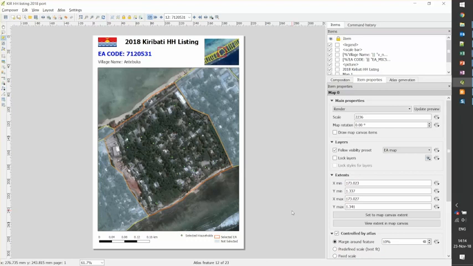Okay? So now, how do we export in one go? Now we have saved. We're happy with our map. So now in this part of our menu, we have this export atlas as images. So we can click here, and we can select exporting atlas as image, or SVG, or as PDF. We choose the option we prefer. I prefer to use images